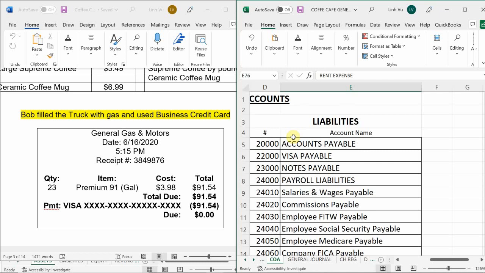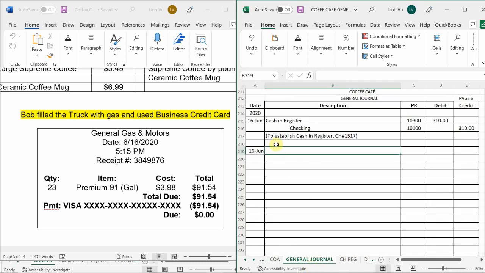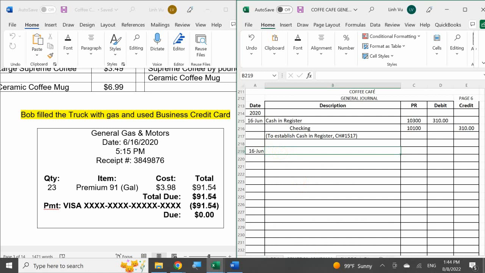No, it's money that we borrowed from a financial institute that allows us to pay for stuff ahead of time, and we have to owe that money to that credit card lender. So in this case, we have a Visa payable $22,000. So we got travel expenses. And we have